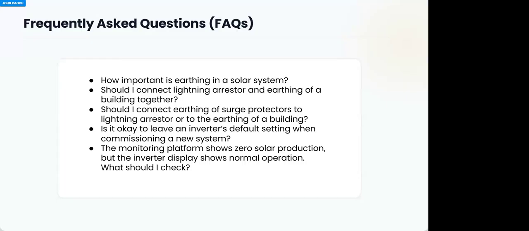Okay, now we have this question. Yes, sir. You said the monitoring platform shows zero. That's if the monitoring platform shows zero solar production, but the inverter display shows normal operation. What should be checked? Or do I need to take it again? I heard you. Okay, if the monitoring platform shows zero solar production and the inverter display shows normal operation,